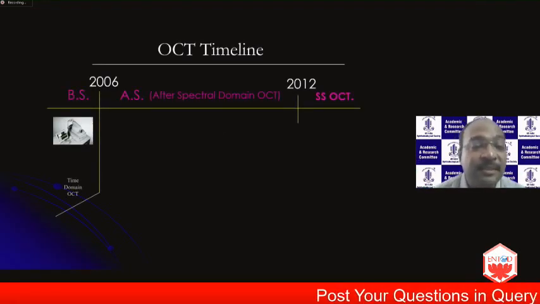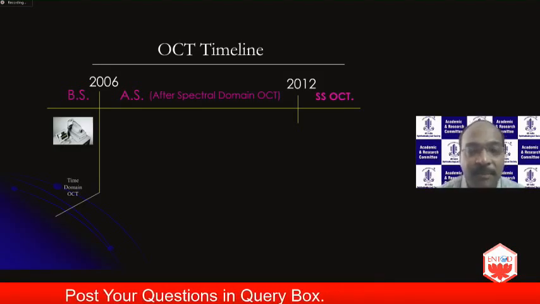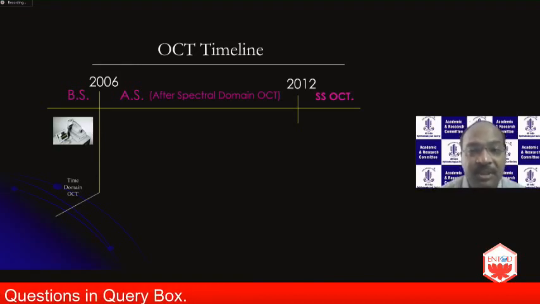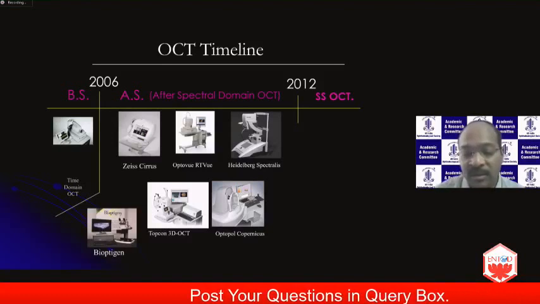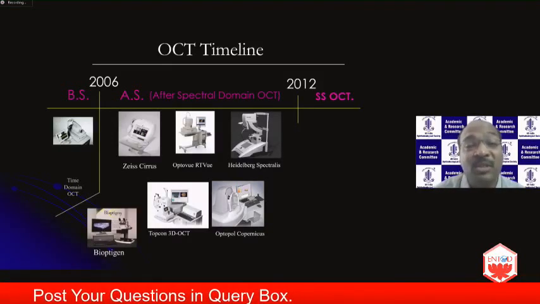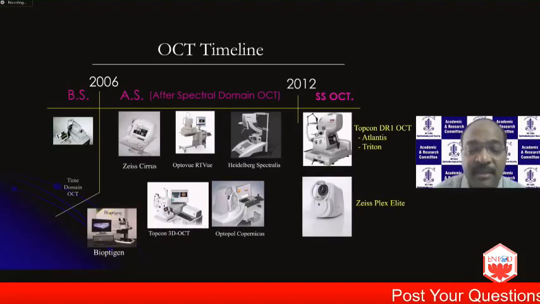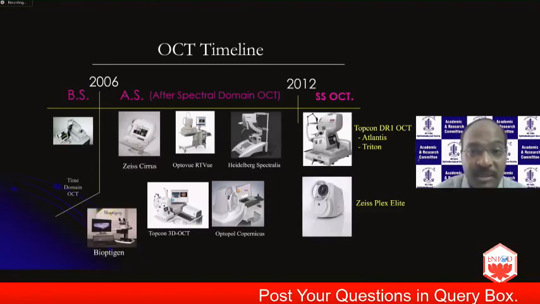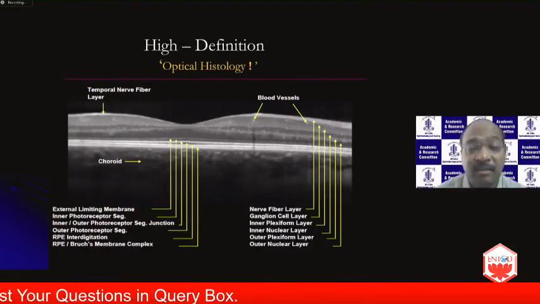Coming over to OCT to begin with, at the turn of the millennium OCT devices came up, and it was essentially the time domain OCT. We started looking at the anatomy of the macula, trying to correlate it with the clinical picture. Then there was about half a dozen years where there was a glut of excellent spectral domain OCT machines, and we started getting great images. Over the last maybe 7-8 years, swept source OCT technology has come in, with excellent machines from Topcon, Atlantis, Triton, and Zeiss Plex Elite. Today we are seeing high definition images like this, where the 10-layered macula shows up.